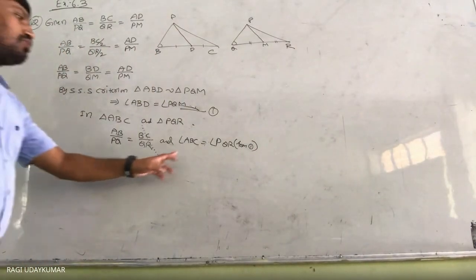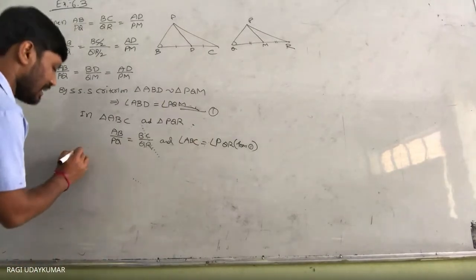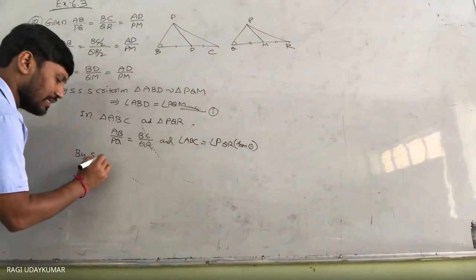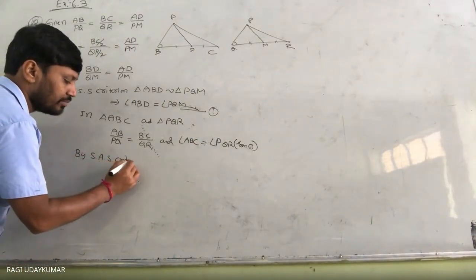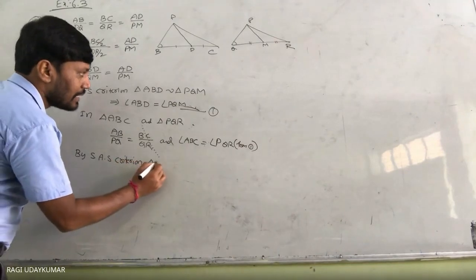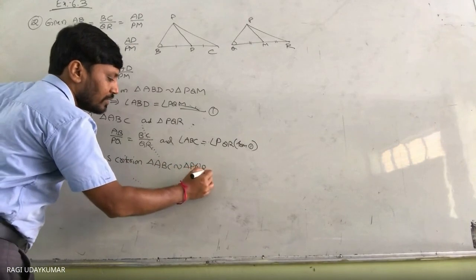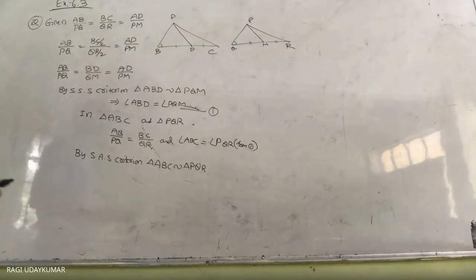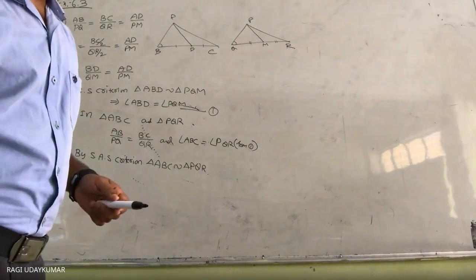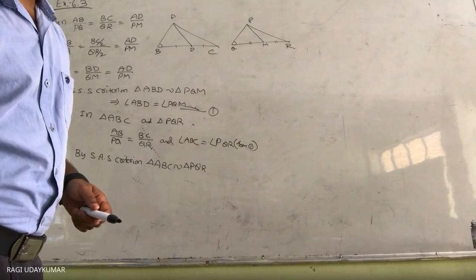So these two are equal, and these two are equal. So by SAS criterion, you can say that triangle ABC is similar to triangle PQR. In this problem, it is very simple here. As it is given that the sides, whenever you consider that, the sides